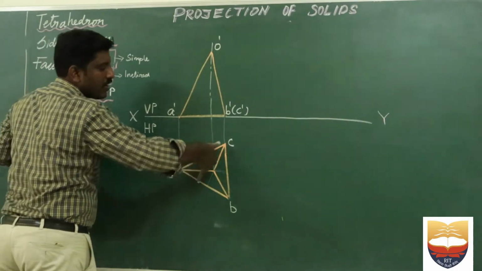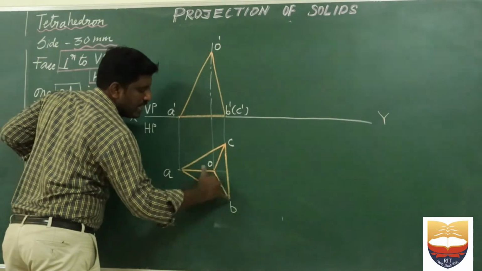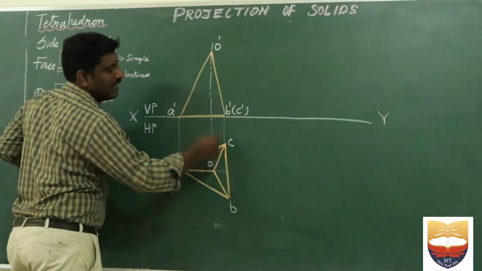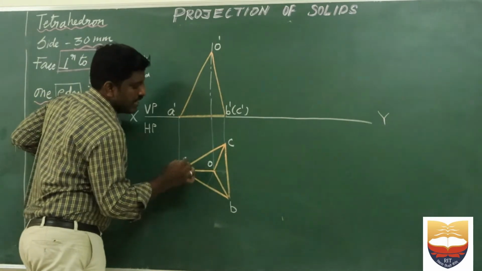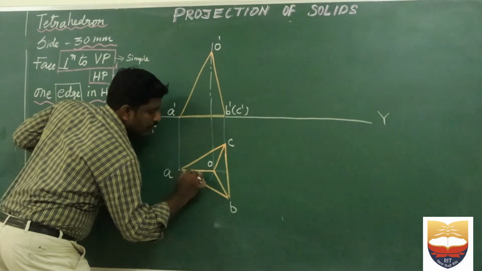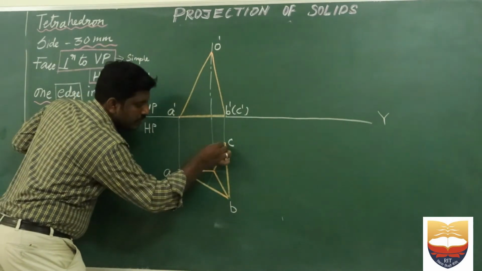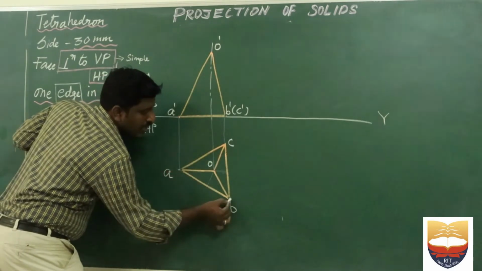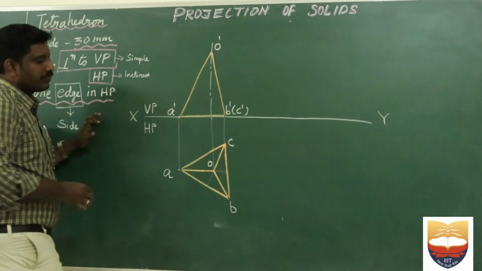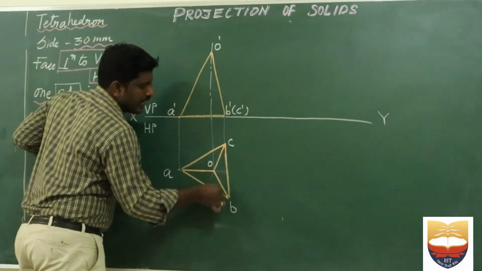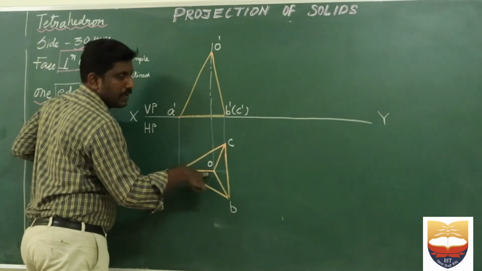Now I took a compass for the same 30 millimeter. From C I have cut an arc, and from B I have cut an arc, so I have formed the triangle. And how do we find the center of this tetrahedron? See here what I did. From A I have drawn a line to the midpoint of C and B. Similarly, from C I have drawn a line to the midpoint of AB. Where they connect gives me the center point of the tetrahedron. From each corner I connected to this center point. Then I named the corners A, B, C and the apex is O.